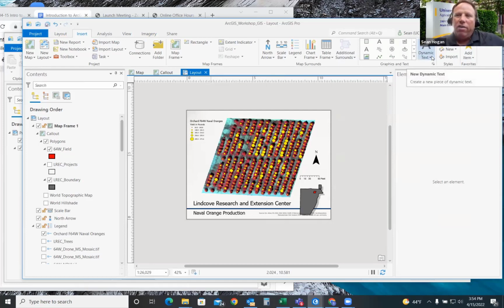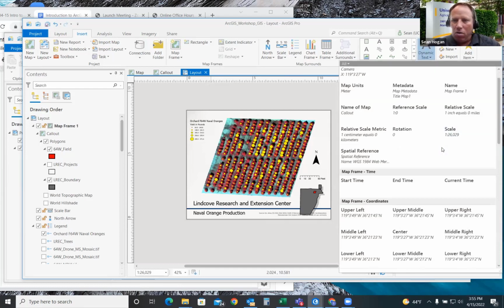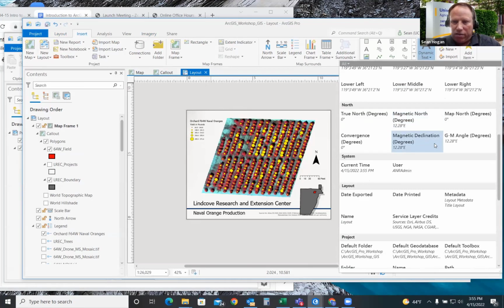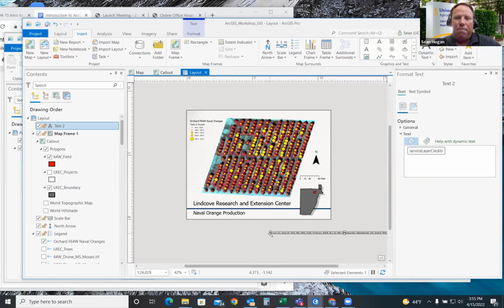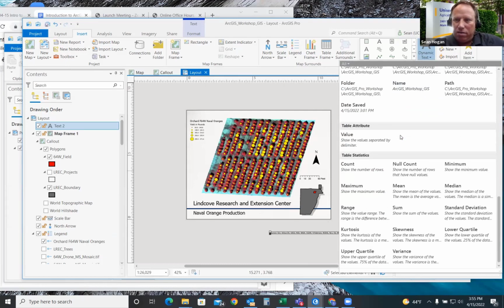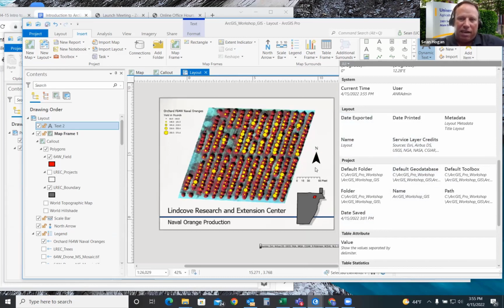Okay, that's odd. Oh yeah, so what we'll do is under insert, under dynamic text, we'll click the drop down. About halfway down or so, you'll see credits, service credits. Click that and click off your map, and it'll remove that from your map. So again, dynamic text, about halfway down or so, maybe more than halfway. You just go service layer credits. You click that and then click off, and then you have a nice clean map as your final product.